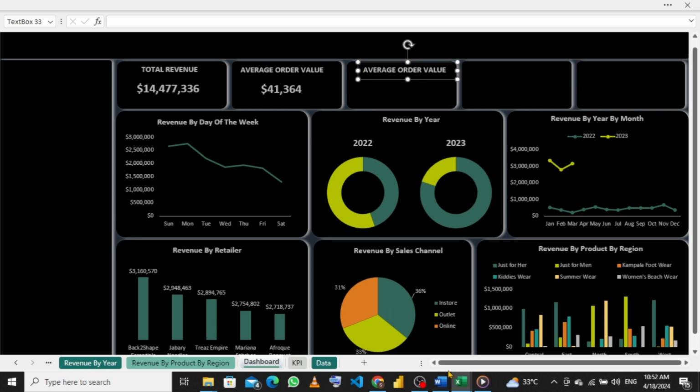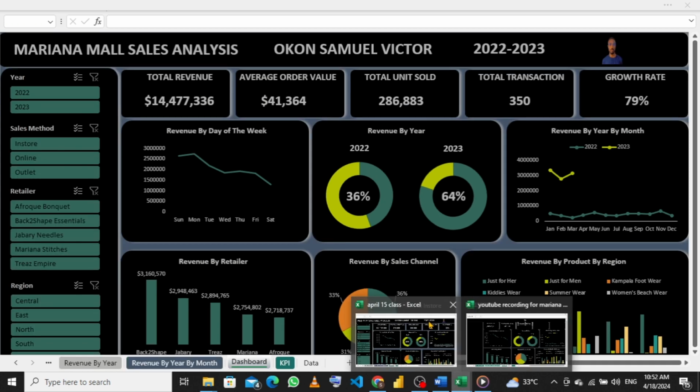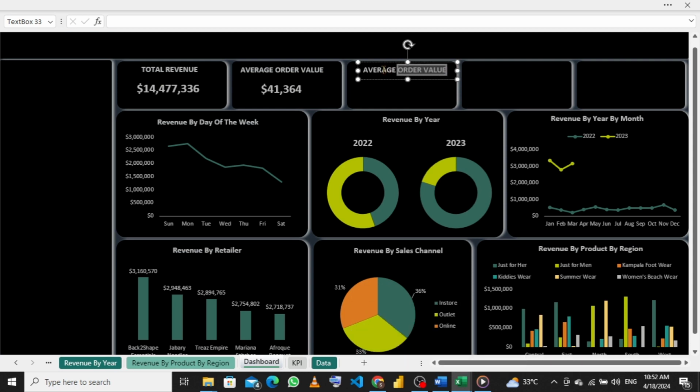So the next one is total units sold. Select this, we say total units sold. We adjust this, bring this to this point, click on this, we do Ctrl D, bring this here, over there, click this, total units sold, then go back to our KPI,